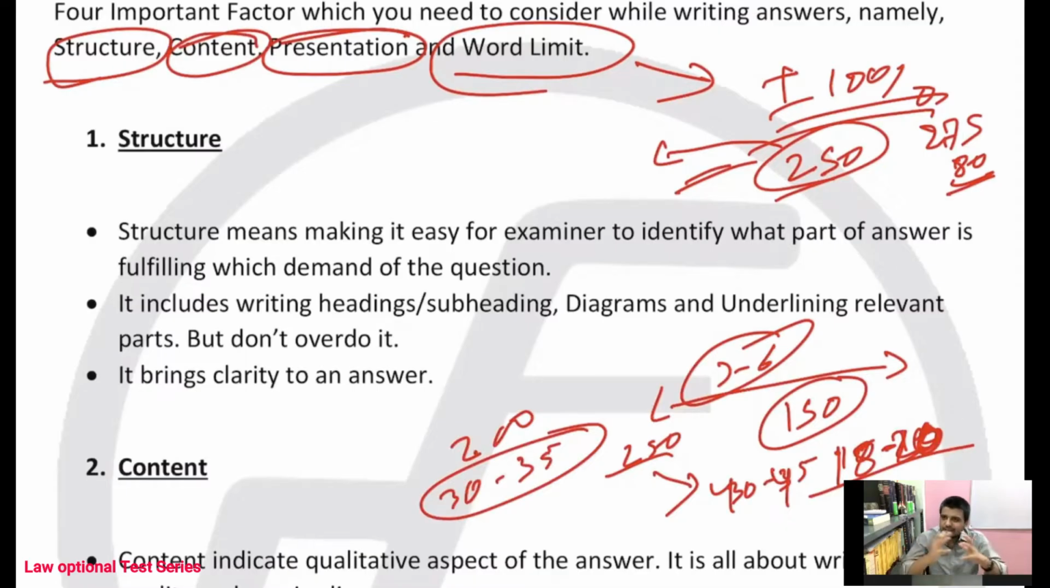Now, when I say structure, what do you mean by structure? Yesterday, in fact, in the foundation class also I discussed this, right? If you have seen, you must have seen that. But here I will go into more detail, right? See,